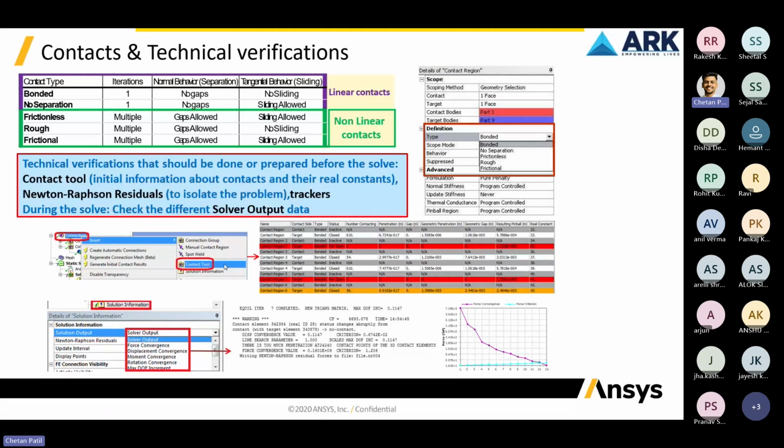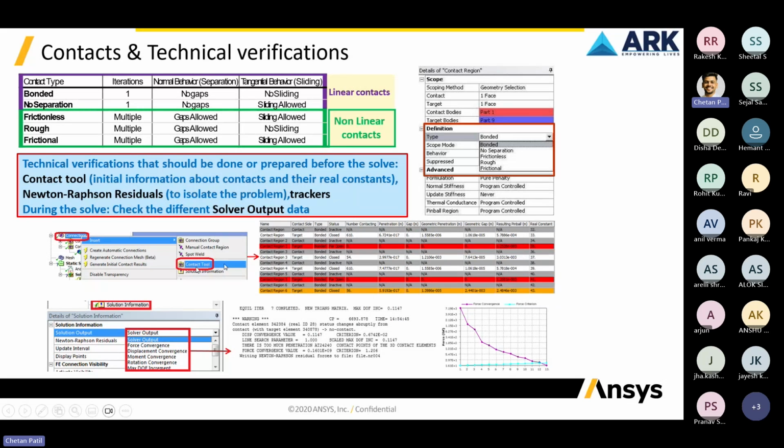It will give you an idea at the initial stage itself before you go for the solve. How that technical verification is done, that is done using the contact tool which is present over here, with respect to the initial information about contacts and the real constants. So basically, whenever you